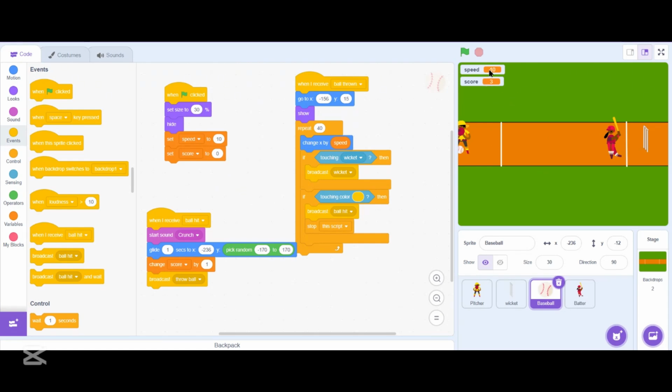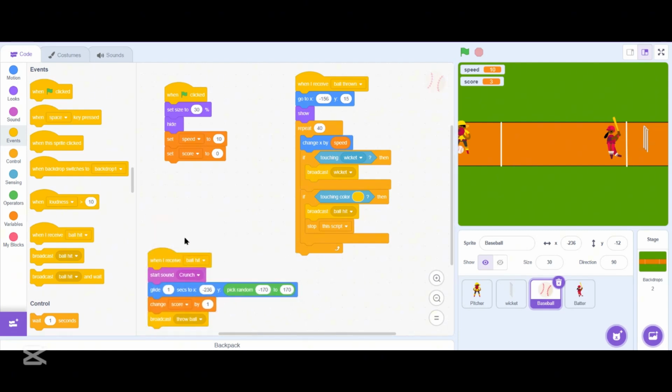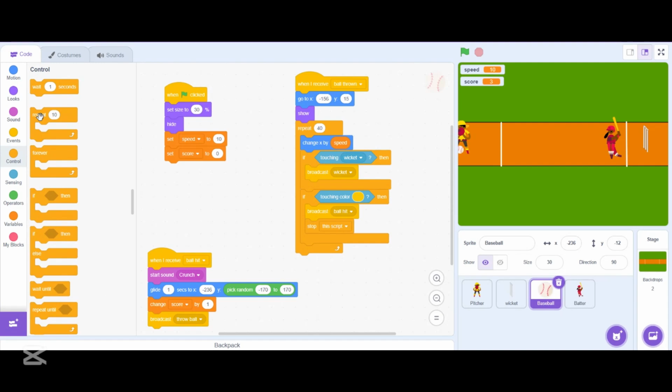And the last one we want to do is let's change the speed according to our score. Yeah, once our score starts increasing, we need to make the batting difficult. For that, we need to change the speed, or we need to increase the speed of the ball. Yeah, so let's do that. For that, let's go to the control menu and let's drag a forever loop right here below the set score block,